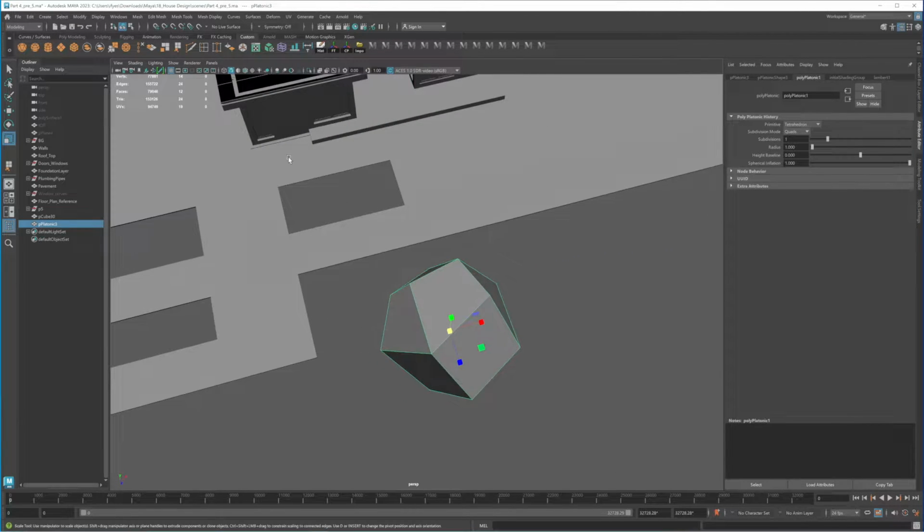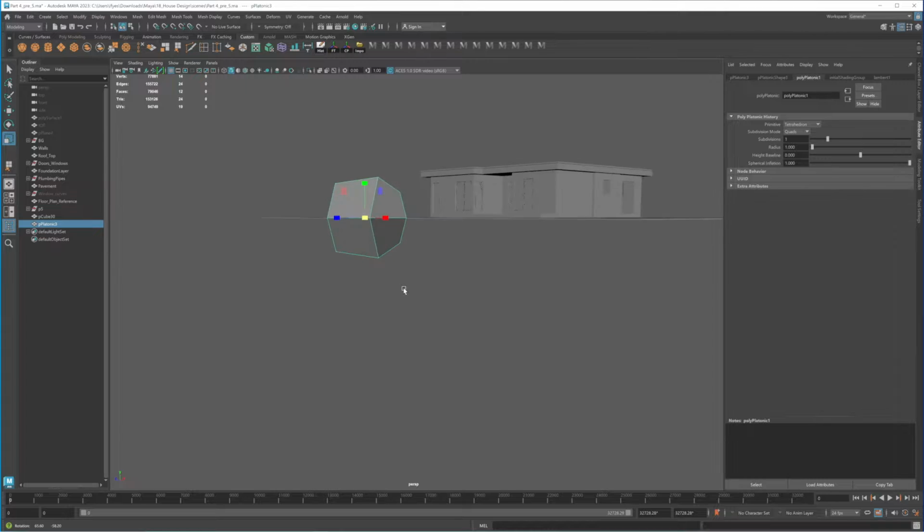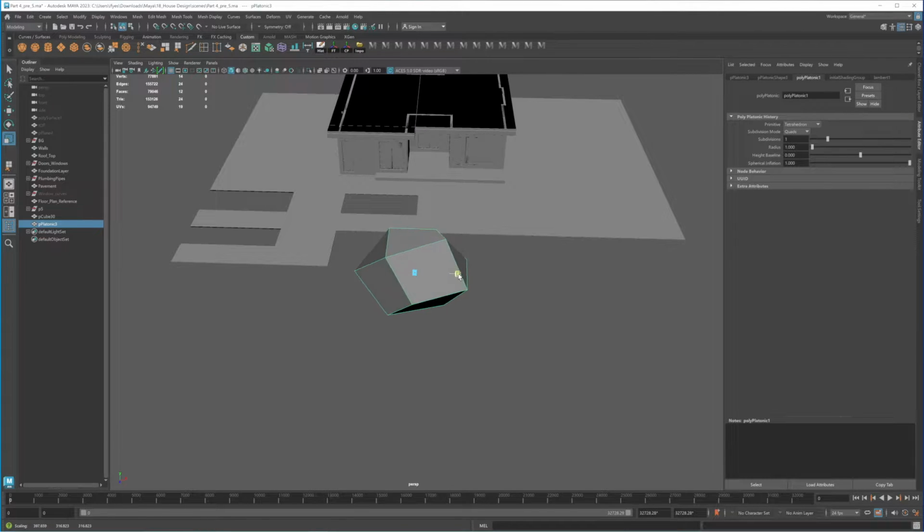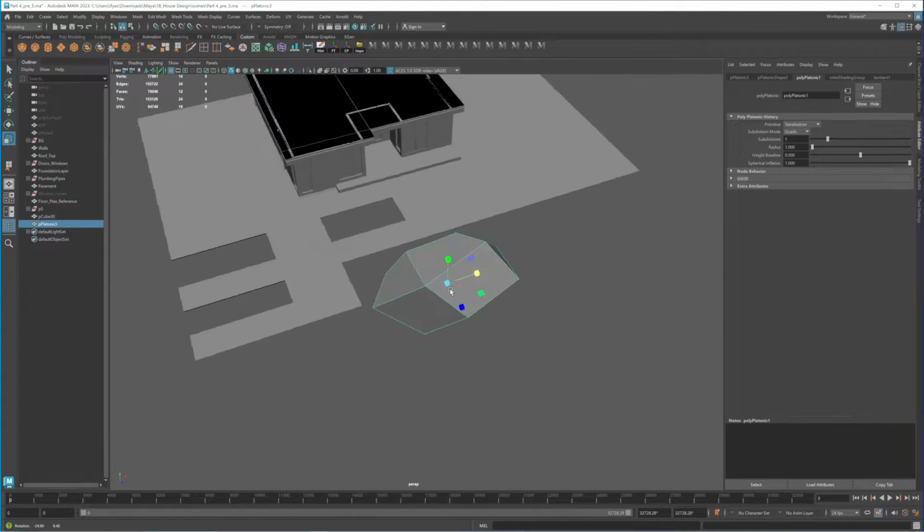I know it's too big now, but we'll reduce it after we finish. So I want to expand it like this.